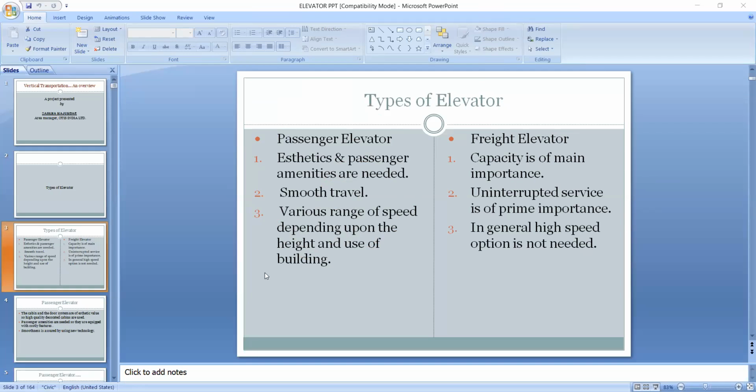The aesthetics as well as high speed are not the primary requirement for any freight elevator.